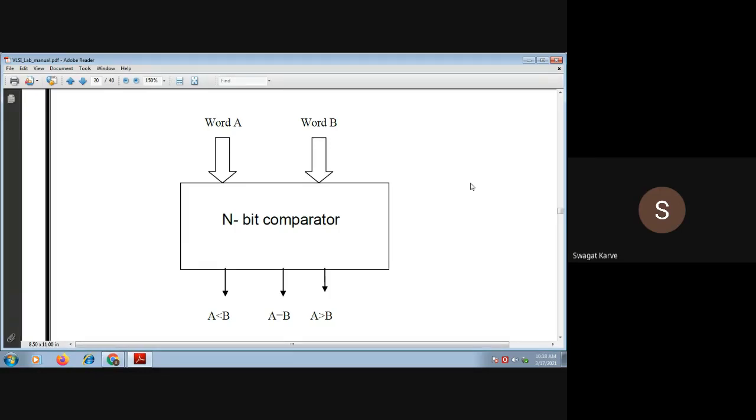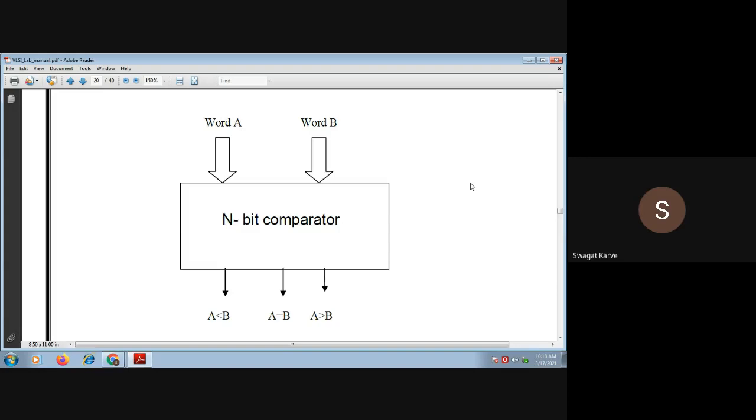Okay. So this is a basic block diagram of a comparator. You have two inputs, word A and word B. A and B could be of any number of bits. That may be 2 bits, 3 bits, 4 bits, it doesn't matter. So A and B are the two inputs. And how many outputs do you require? 3, right?